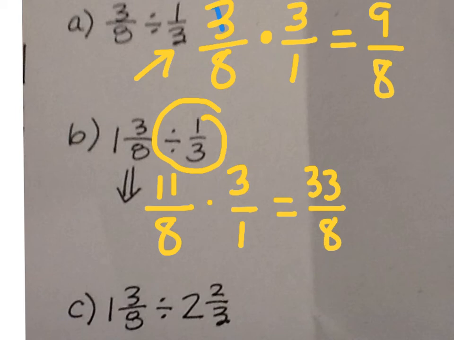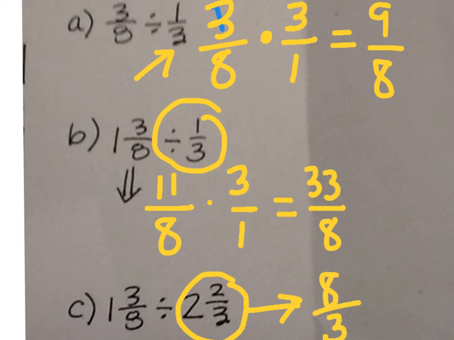And then the last one. 1 and 3/8 again is 11/8, we know that. And then 2 and 2/3, on the other hand, we need to change that to a fraction. We get 6, 7, 8/3. Now we can either multiply it across and get 88 over 24 and simplify it, or we can look ahead of time and go, well, here's this 8 divides out that 8, so we just have 1 and 1. 11 times 1 is 11. 1 times 3 is 3. 11/3. Okay,